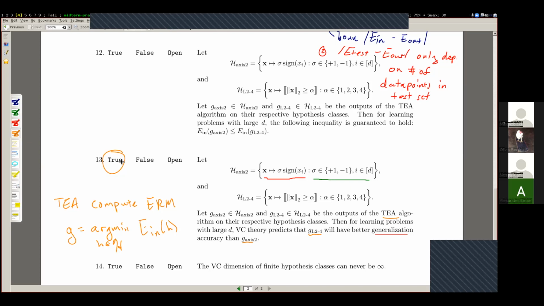Okay, the key difference between 12 and 13 is that it's talking about the in-sample error rather than the generalization accuracy. And this is confusing for a number of reasons. Again, one, you just have to pay very close attention to exactly what the question is asking on all of these problems. It's also confusing here because we said as a heuristic that people use in practice,